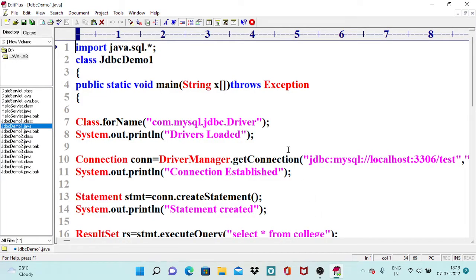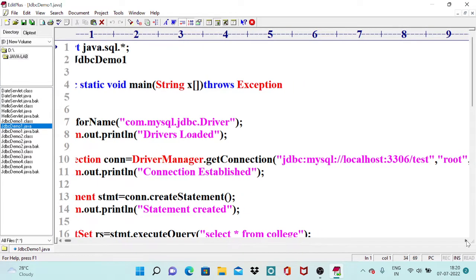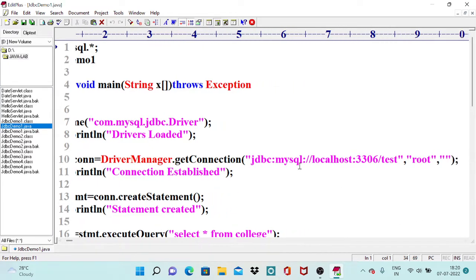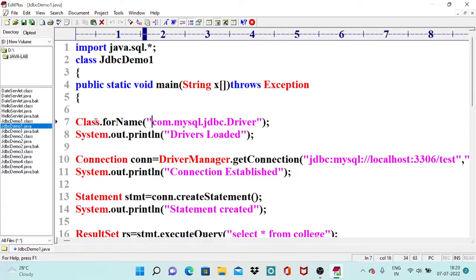So in this video, I am going to explain how to do path settings for the MySQL driver. In this JDBC example, we are using MySQL as the backend database and Java is our front-end application. The front-end application is designed using Java programming, and the backend database applications, tables, and databases are created with the help of MySQL. For this, we are using